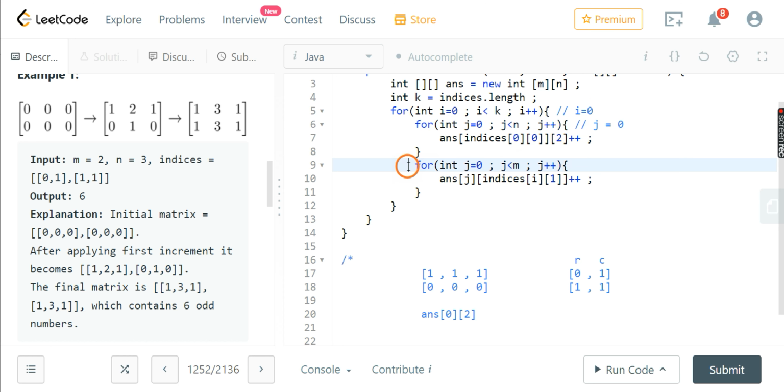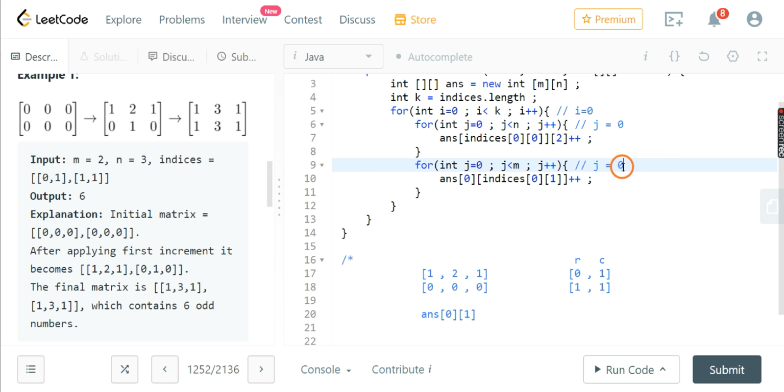Now we will get inside this for loop. For this for loop j is equal to 0 and now answer at 0 comma indices at 0 comma 1. So this becomes 1. So 0th row and first column, increment this.